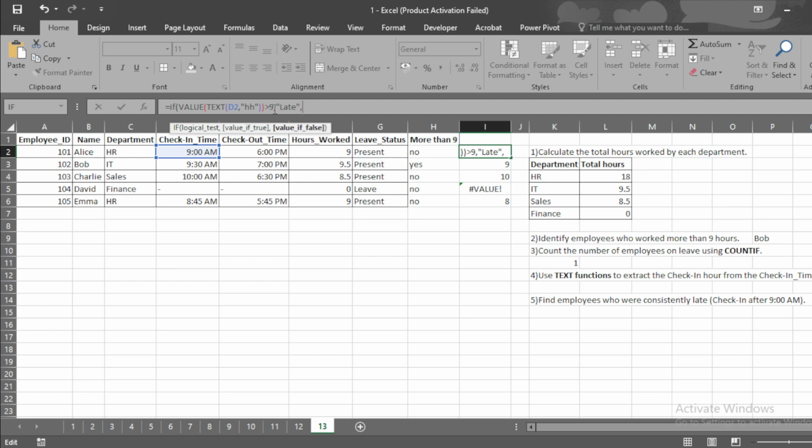And if it is not true, then it shows On Time. We close the quotation marks and then close the bracket, then press enter.